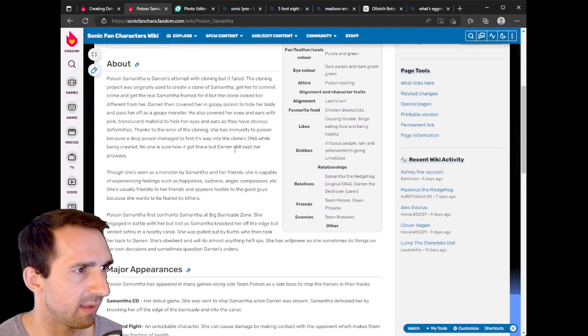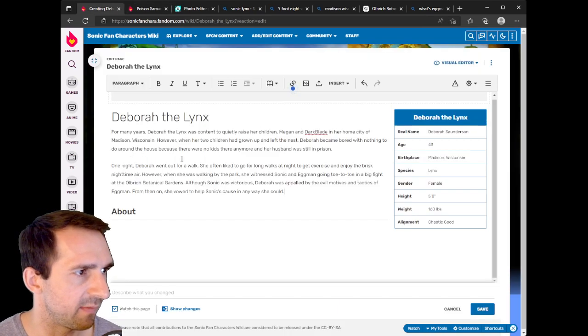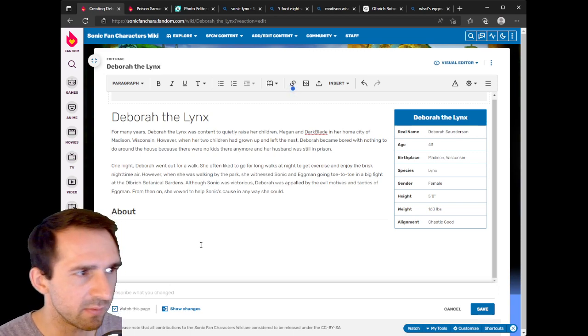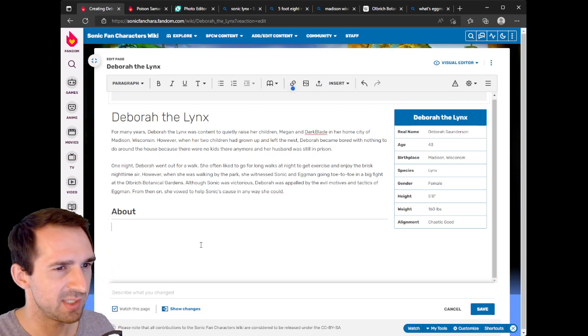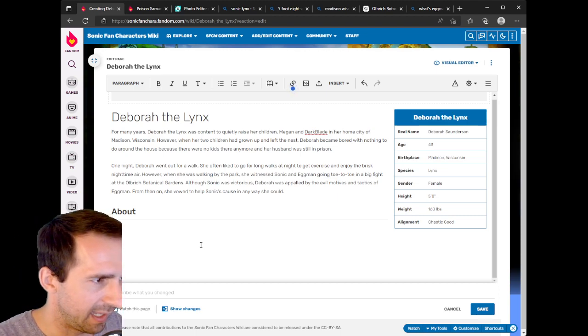About. Okay, so here we're going to reiterate some of this, and we're going to add way more detail on some of these things we've seen so far. Okay. Oh, Deborah the Lynx. Okay, great. She's a mom. She's a fighting mom. We like it. She's 160 pounds. Great. Deborah the Lynx